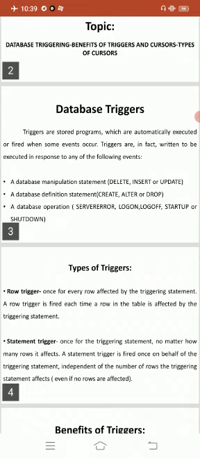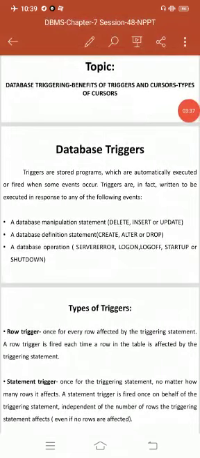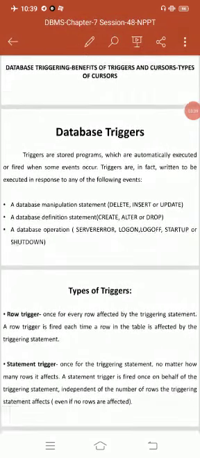So what are the uses of database triggers? Here a trigger can permit DML statements, which include insert, delete and update, against a table only if they are issued during regular business hours or on predetermined weekdays.